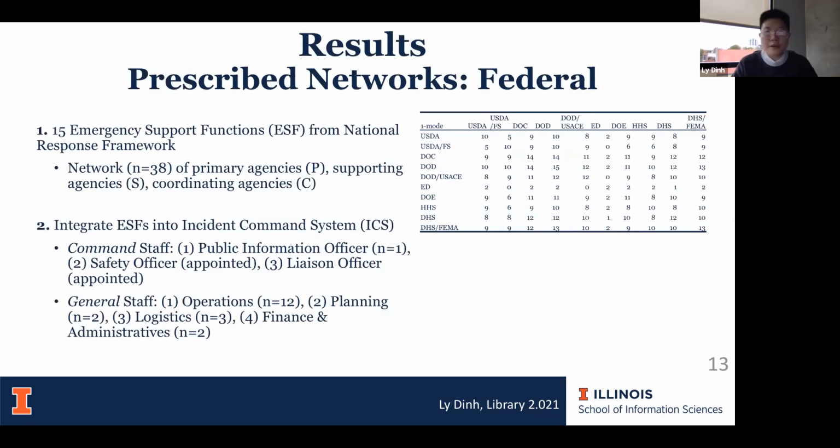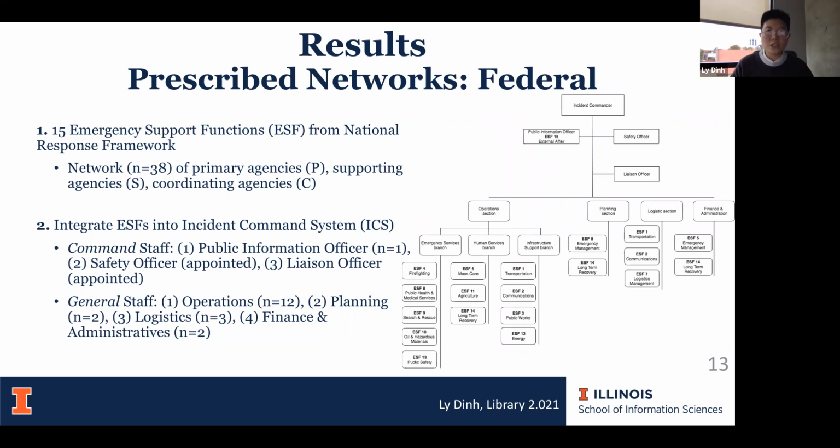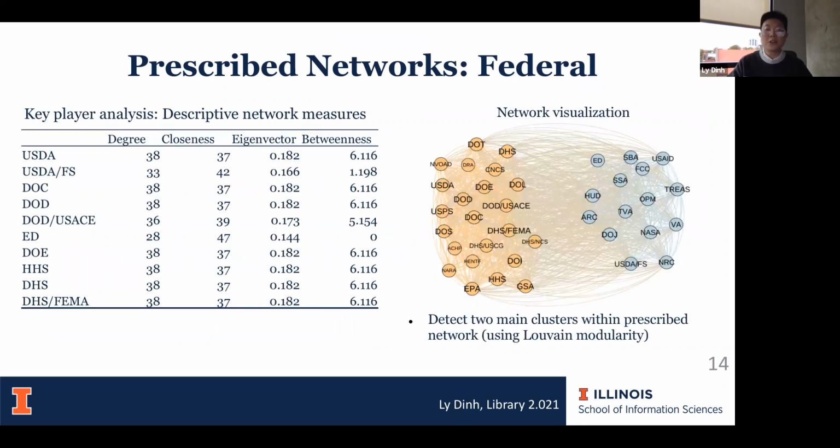And the fun thing about prescribed network, now I think some of the folks here have covered federal response, right? We see many discussions of FEMA and governmental guidelines for response. Emergency support functions is a big thing in incident management response, and I've created these kinds of conceptualizations to be able to capture what response looks like at the federal level between different organizations. You can see briefly from the network visualization that they are all connected, right? And that's a very idealized image of federal response where, great, everyone is supposed to be working together. All right,